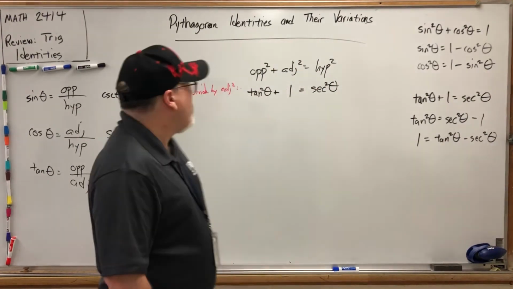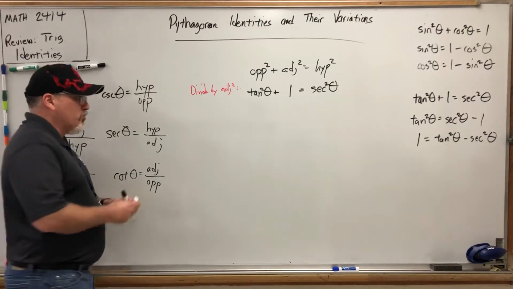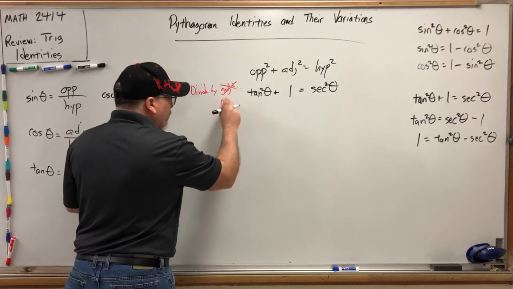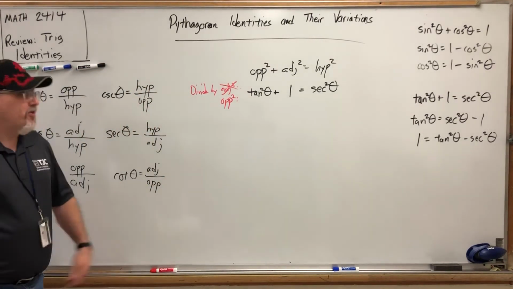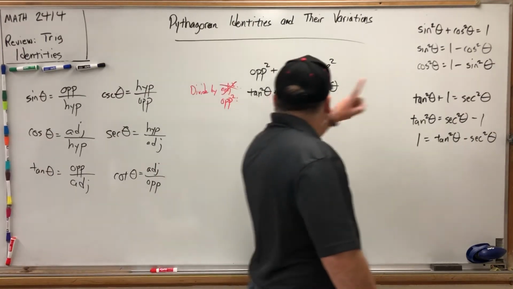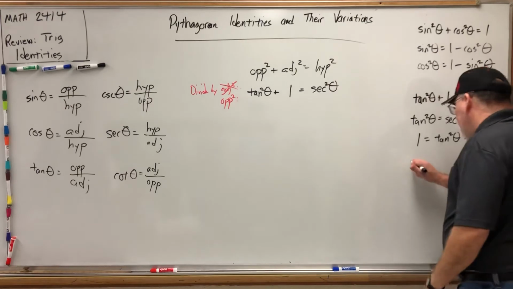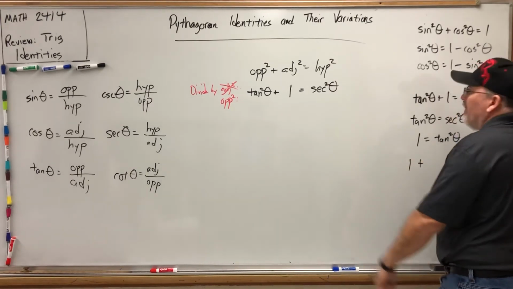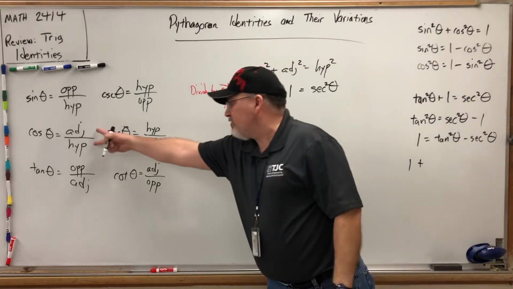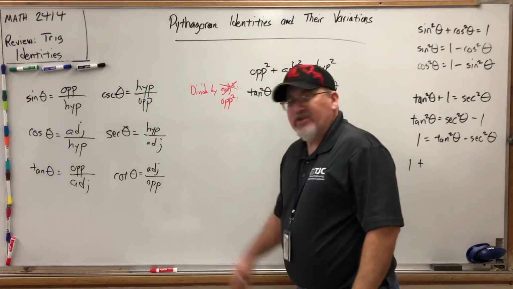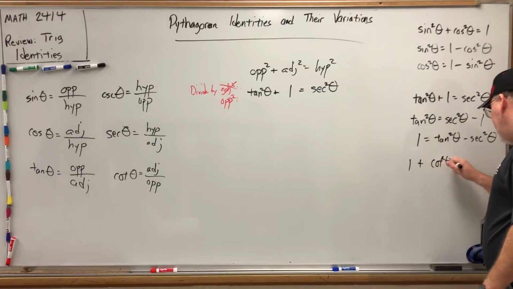If we play the same game, but this time divided by the square of the opposite, because it's the only one we haven't talked about yet, we would get yet another Pythagorean identity. But let's just talk it out. If we divide this Pythagorean theorem by the square of the opposite, the first term would become 1, plus, then we would get the square of adjacent over opposite, but that's just the definition of cotangent. I pointed at the wrong one. So 1 plus cotangent squared theta